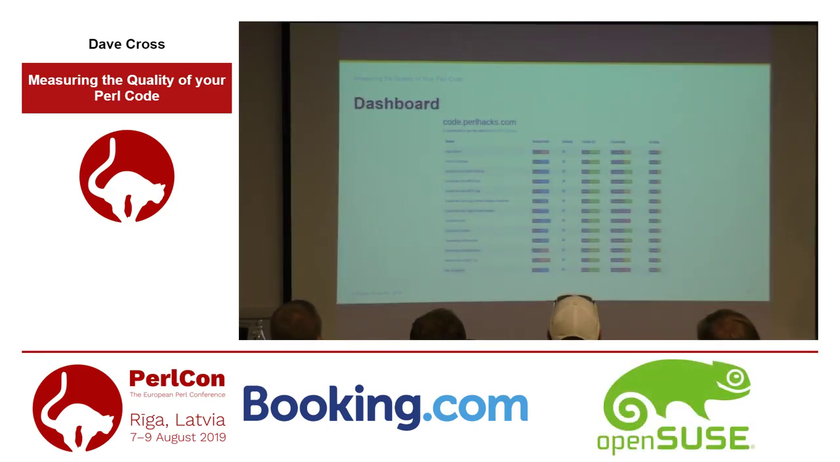So I built this dashboard page, which you can see running at code.perlhacks.com. You've got a list of all of my modules here. There's another badge which I haven't talked about. Where do I get that from? A place called shields.io. You just give it the name of the module, and it queries the MetaCPAN API